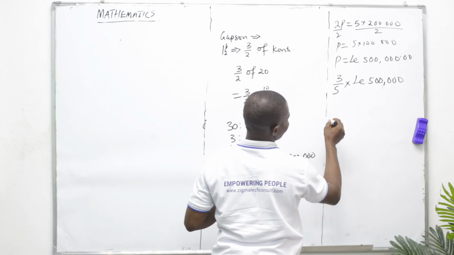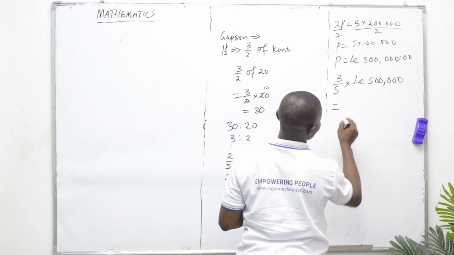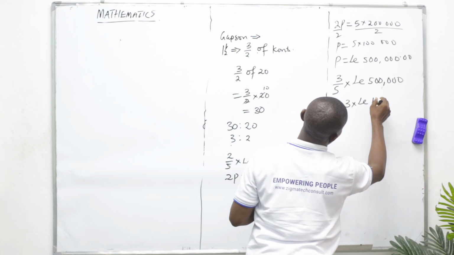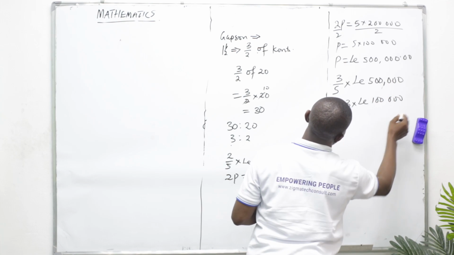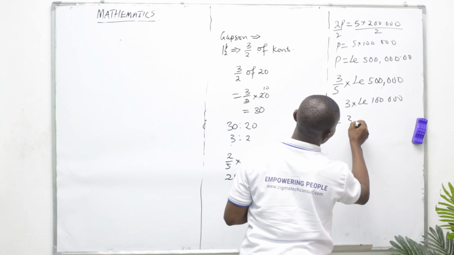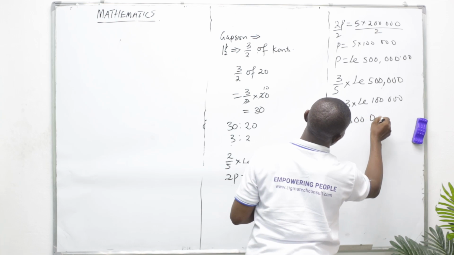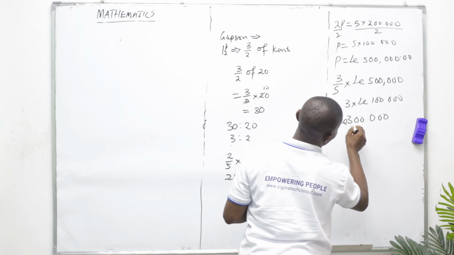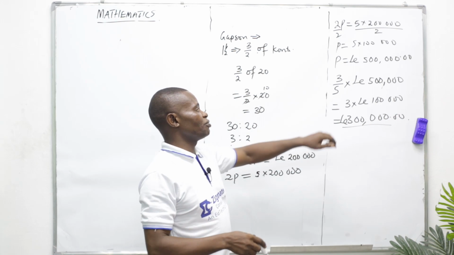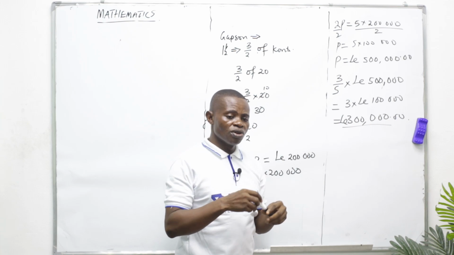500,000. This will give us 3 times LE 100,000, to give us 300,000 LE. Good, but if you don't want to stress yourself going through this, you were told that